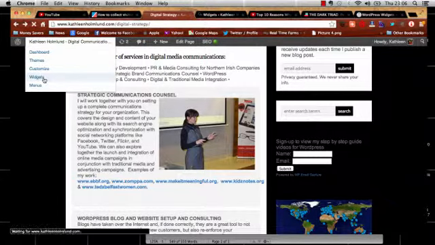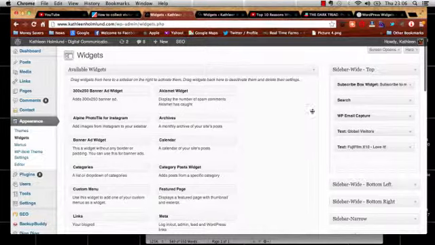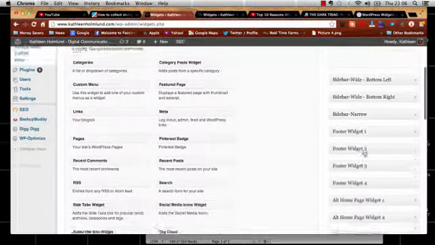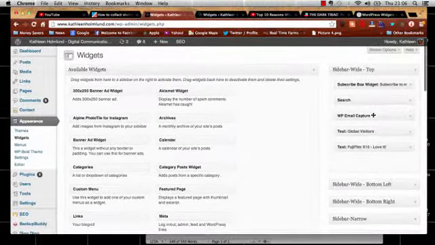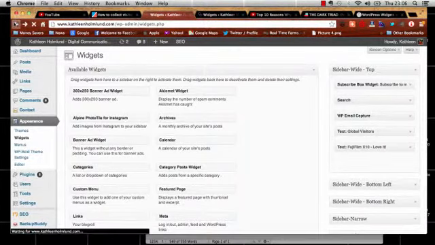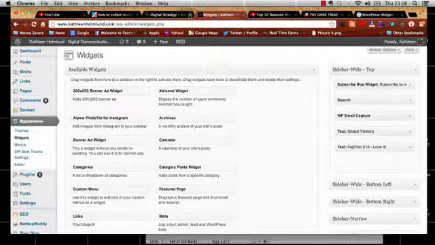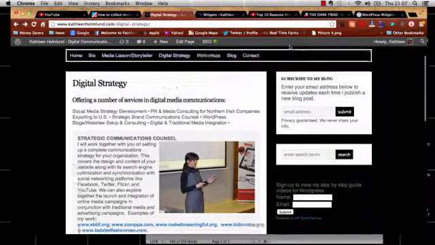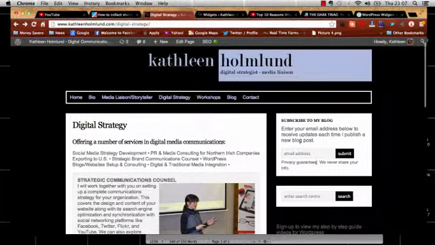And going back to the widgets, the top one here is my basic sidebar for all my pages and posts. I keep that pretty much the same. I just change things around a bit for my home page. And generally you'll have the subscribe box widget. Again, I'll just take you through what I have on my site and walk you through it here. So I have a subscribe box widget here